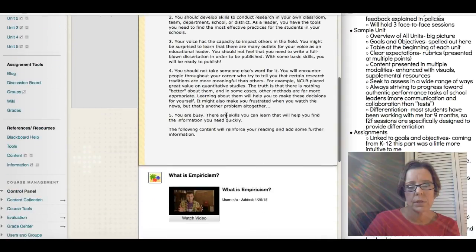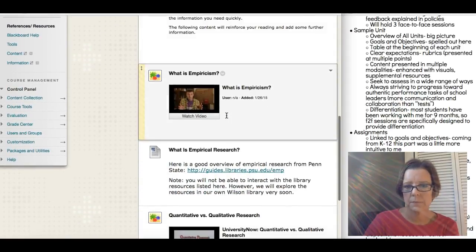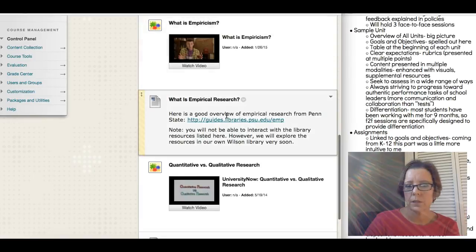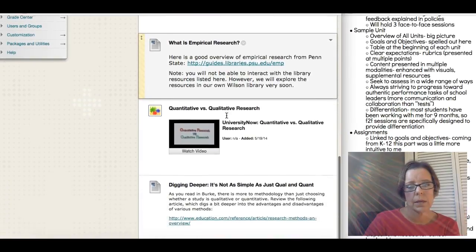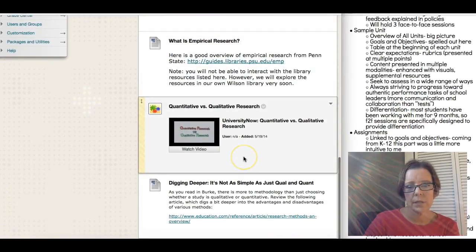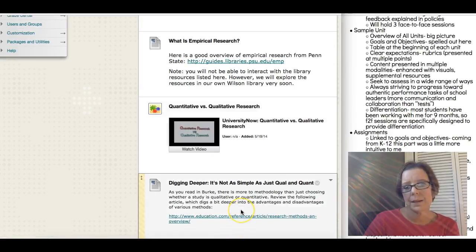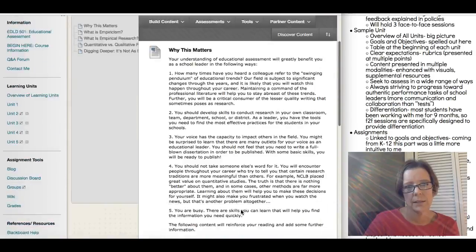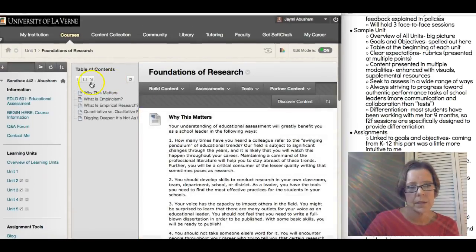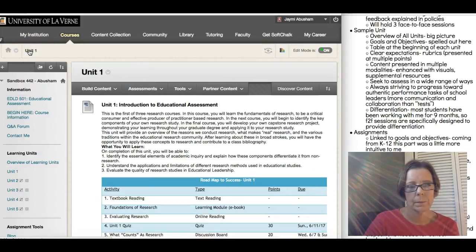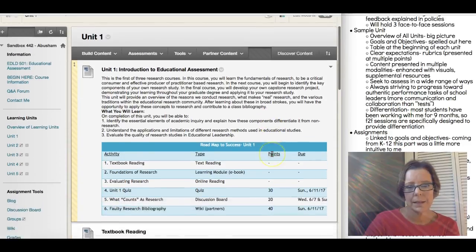individual videos, what is empiricism, then what is empirical research, explaining qualitative versus quantitative research, and then another article that says a little more about then these specific categories of qualitative and quantitative. So that is an ebook that has all of that information in it. Going back to the unit, the next thing is